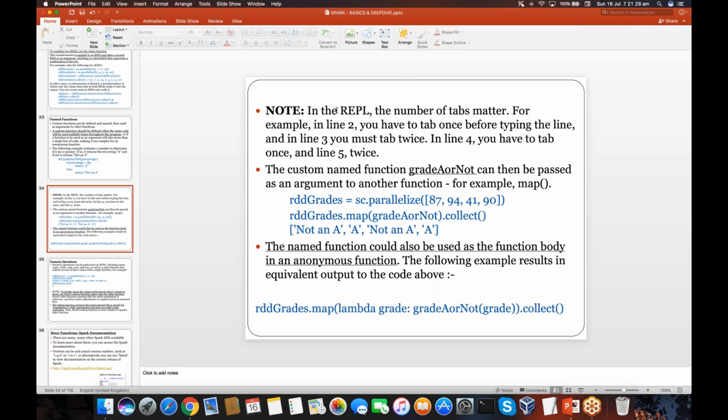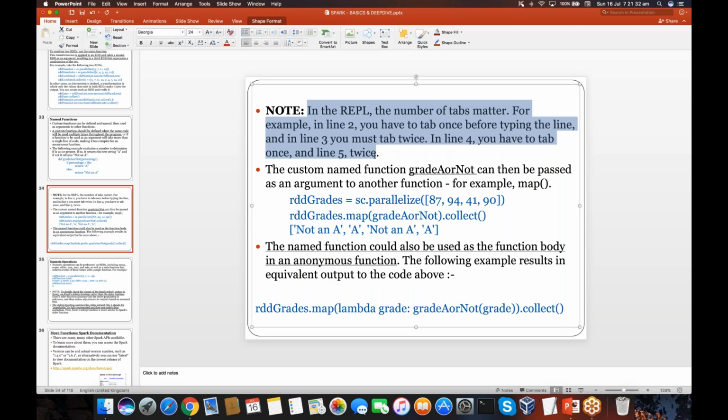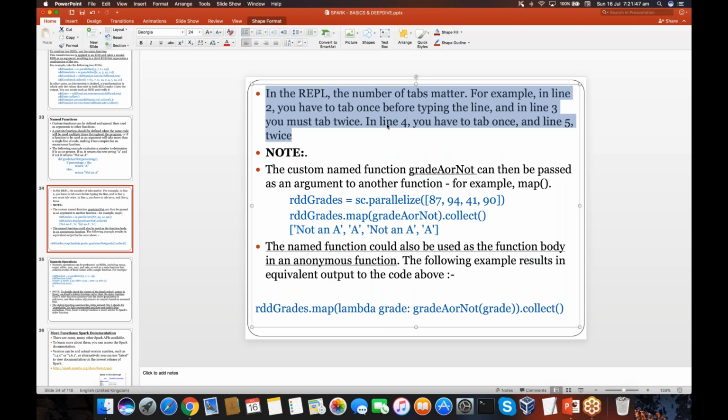Now in REPL, the number of tabs matter. For example, in line 2 you have to tab once before you type line 3, and line 3 you must tab twice. In line 4 you must tab once, and line 5 twice. I'll repeat it, guys, focus. In REPL, then one second,